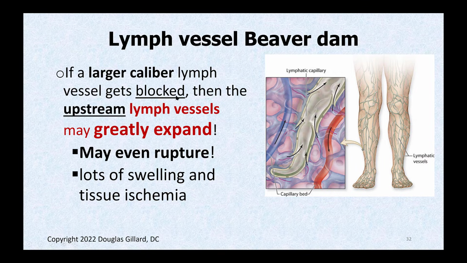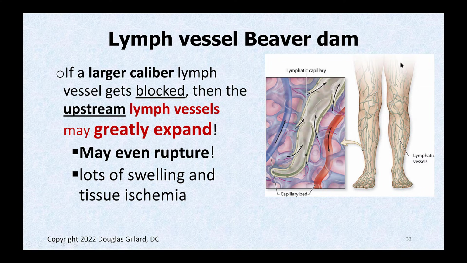When the larger caliber lymph vessels get clogged and beaver dammed, you have more of a problem. That's just kind of intuitive here. Nice picture though, right? Remember, we have these nice valves in lymph vessels as well, because there's no pump here to pump lymph up toward the subclavian veins. So just the movement of the body squishes the lymph fluid up, and if you rest and freeze, the lymph fluid will be pushed down by gravity, but these valves will pop open and catch it. So it's ratcheted forward toward the subclavian vein.